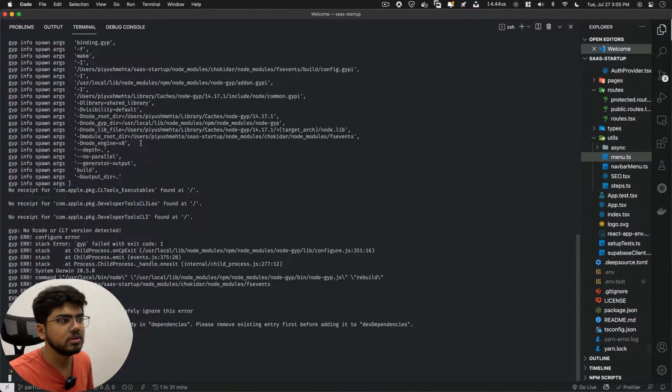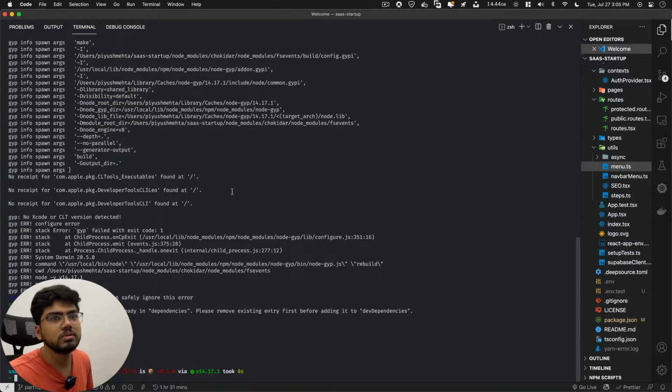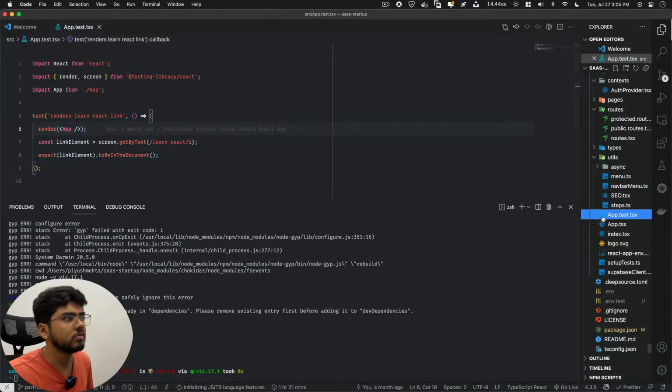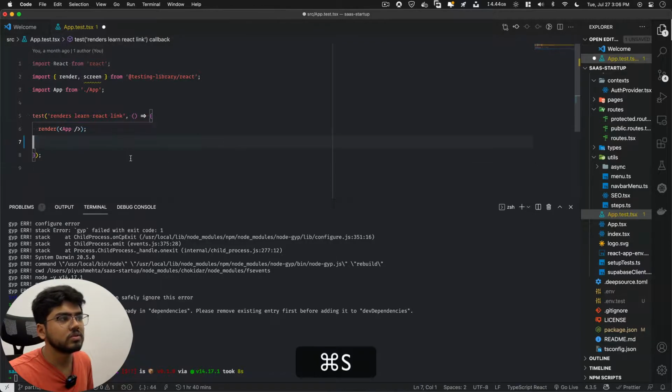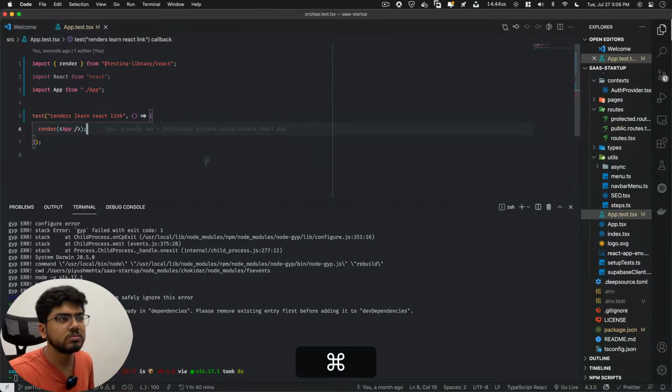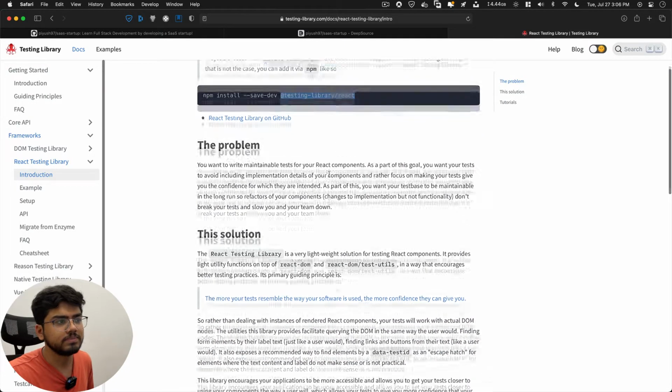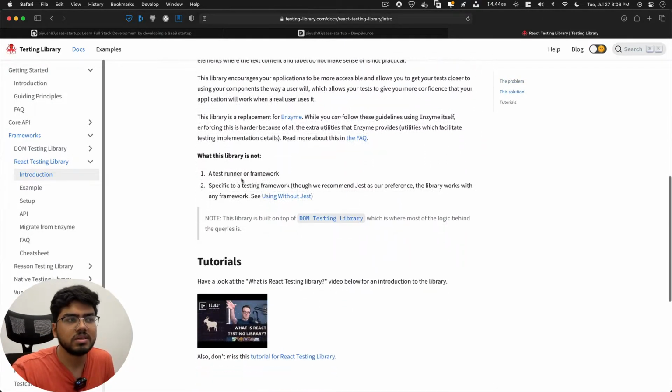Now it's installed. Now we will open the app.test.tsx file which we already have. First of all, I would like to show you what React Testing Library is not. It's not a test runner or a framework, and it's not specific to a testing framework.